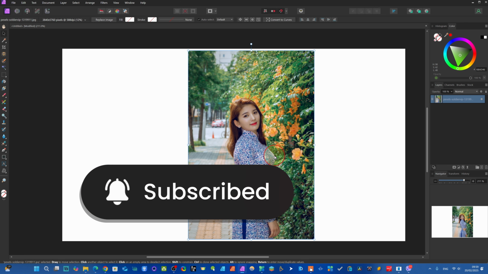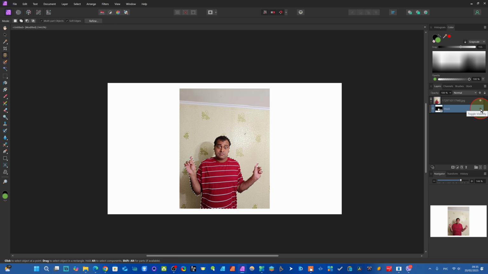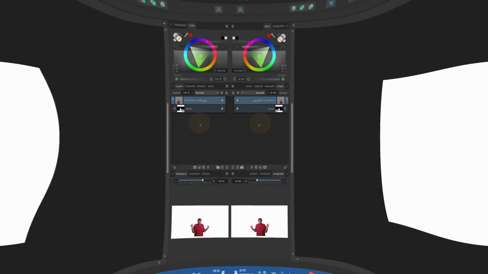And now from here you can see how it has worked. From here, toggle view, you see, and toggle visibility off, you can turn it off, and you see so beautifully it has worked. Now I can use this photo for my YouTube thumbnail, dear friends, so easily. We don't need to do anything now. So now we come to other tools to use, dear friend.